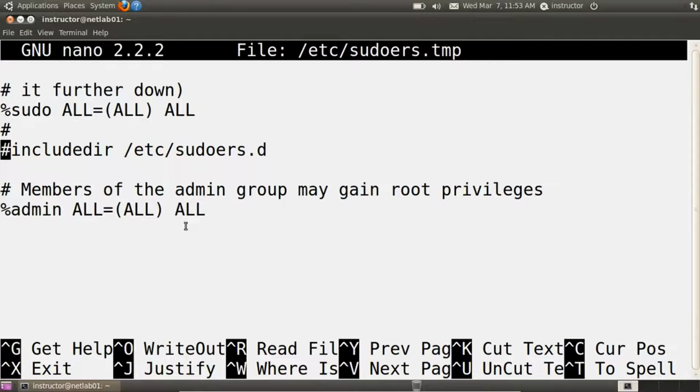So if you're in the admin group or the sudo group, or you are the root user, you can use sudo to execute any commands on this Ubuntu Linux system. And by default, when you install Ubuntu, the first user you create is added to the admin group. Let's check that. So I'll exit, Control X,